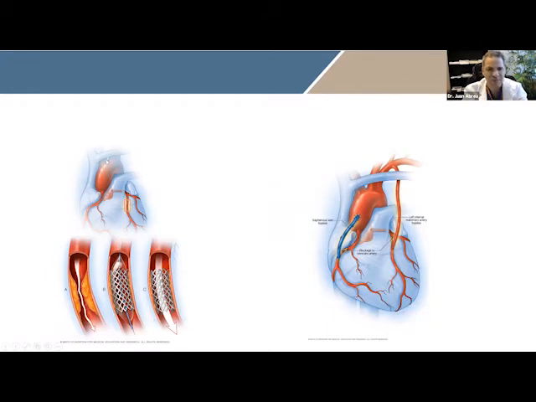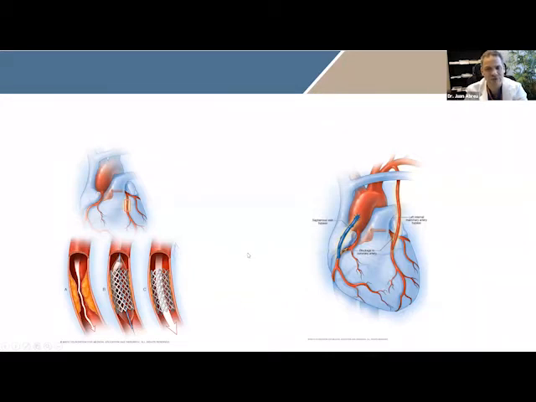Now, some people might find stents more suitable because it's less invasive and the recovery is faster. The downside of the stents is that if you have multiple blockages, it's very hard to do. And if the blockages are in an area that is not easily fixed, they're not going to work. And also the long-term duration of the opening, we call it the patency, is inferior with stents compared to bypass.